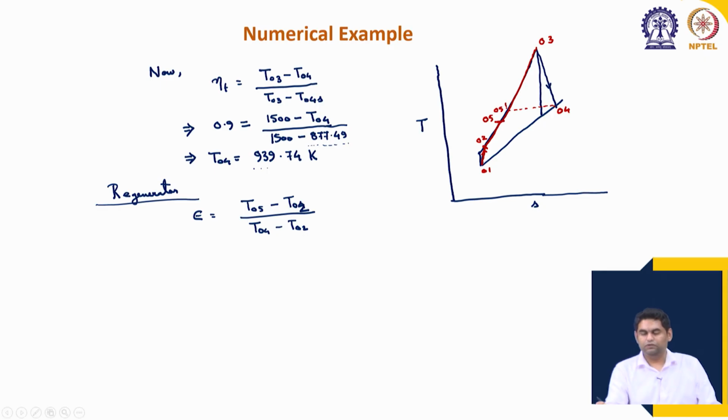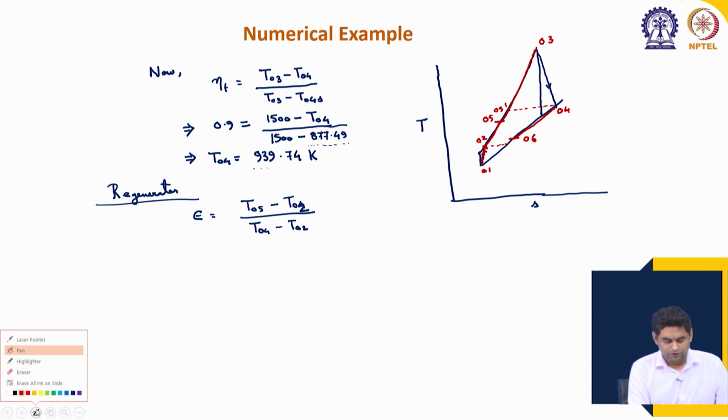So, 04 will be higher than 05. So, 04 is equal to 05 dash, and then from 04 to 06, which is for the regenerator gas side. 06 of course has to be higher than 02. So, with this for reference, now you can see T05 minus T02 divided by T04 minus T02, which means that,